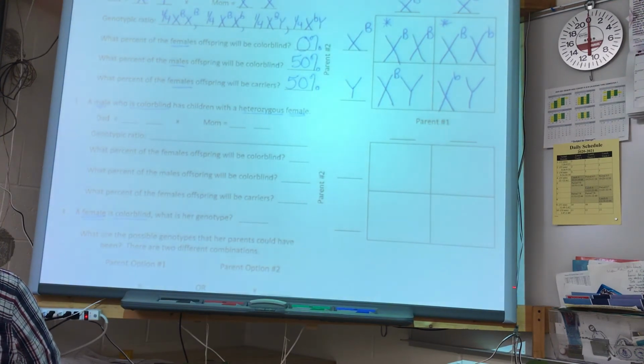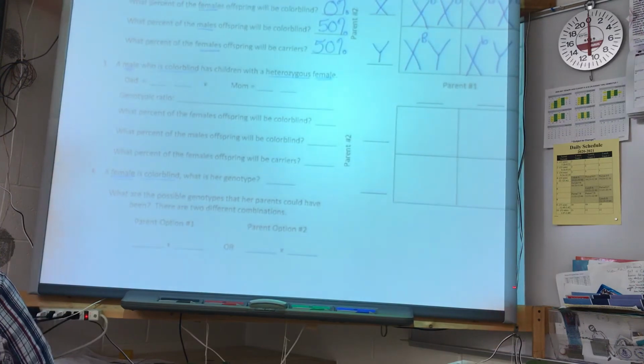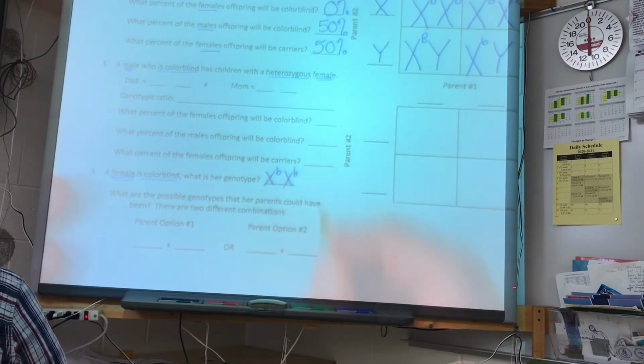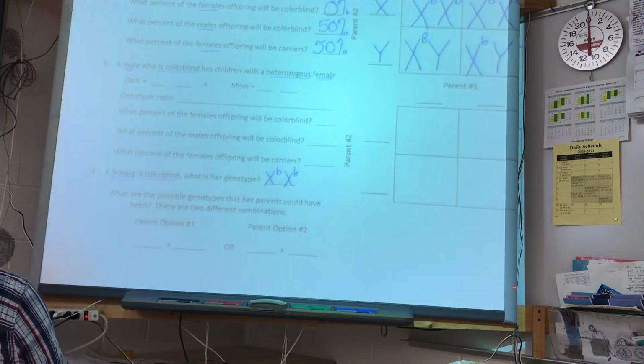Quick show of hands. Raise your hand if you know someone who is colorblind. Okay, look around the room. That's a lot, right? Okay, now put your hands up. Raise your hand if you know someone who is colorblind that is a female. There's some, right? But less. Okay, in order for a female to be colorblind, dad would have to be colorblind, and mom may or may